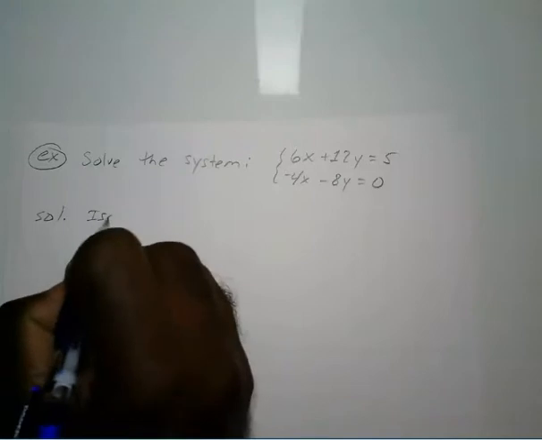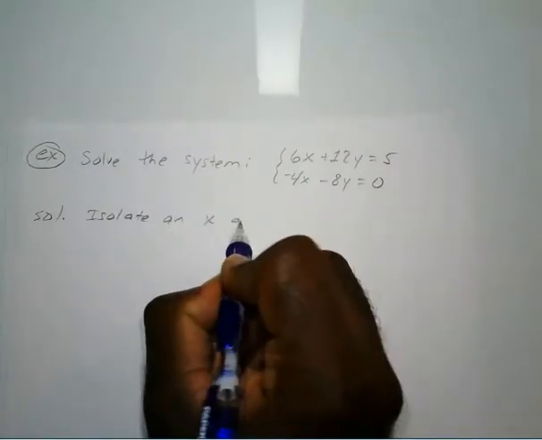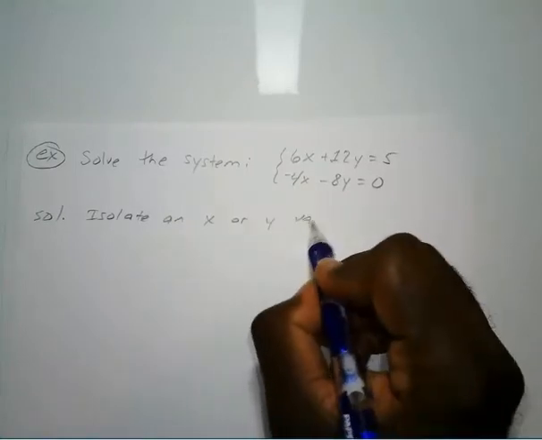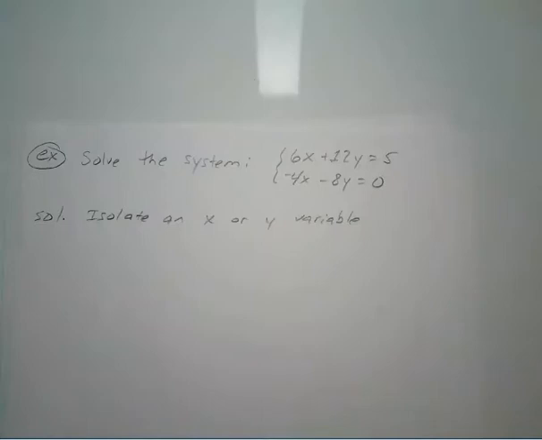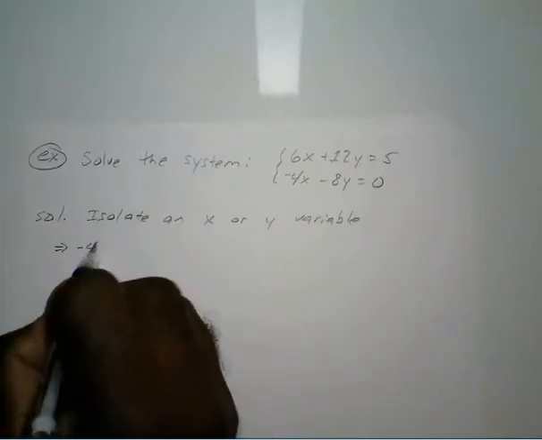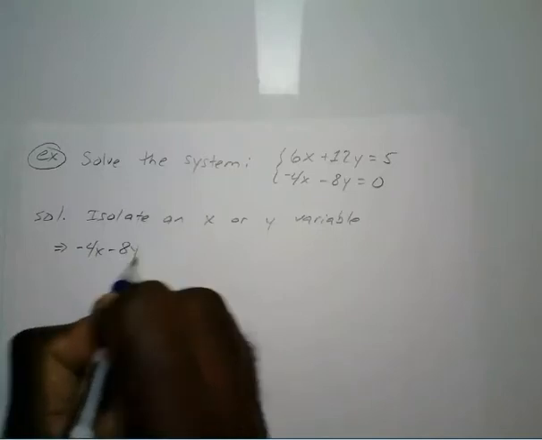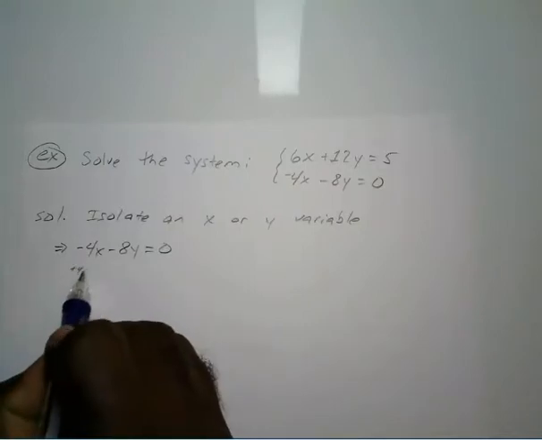So we isolate an x or y variable. Okay, so you can pick either one, I'm just picking this one, negative 4x minus 8y equals 0. Okay, so if we add 4x to both sides,